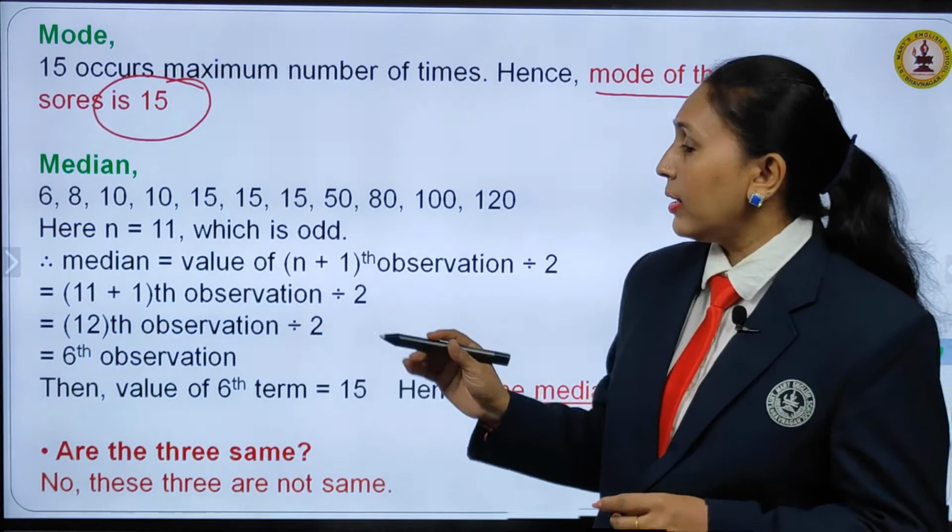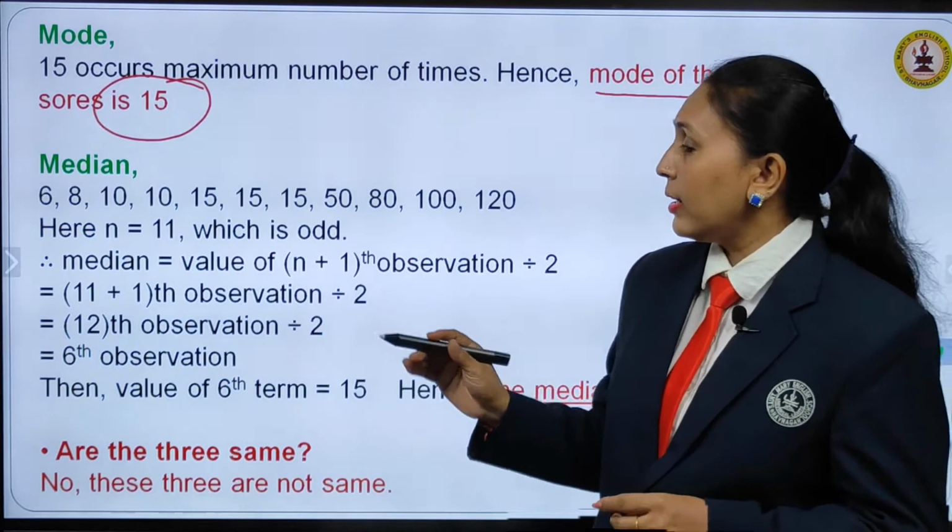Now the second question to us: is there more than one mode here? Children, in the previous question we saw that we had 2 modes, right? So yes, there are 2 modes for the given weights of the students, that is 38 and 43. Okay, so that is our question number 3. Moving to the next, children.